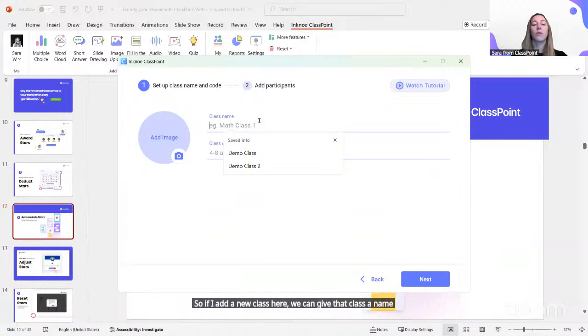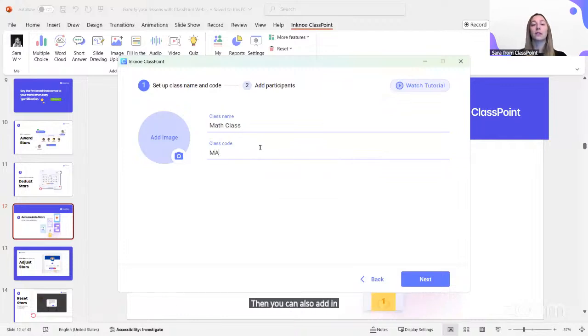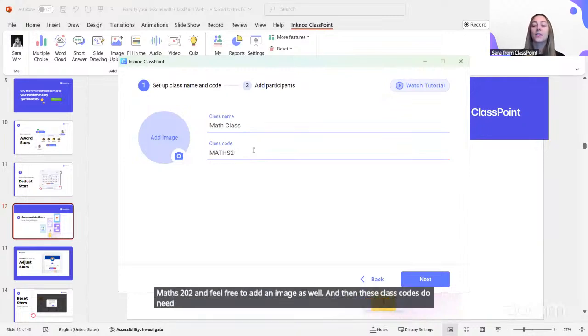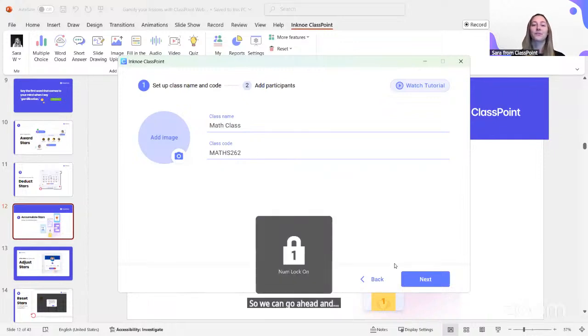Let's say it's for a math class. Then you can also add in your class code. This could be something like Maths 202, and feel free to add an image as well. And then these class codes do need to be unique. So we can go ahead and try this.